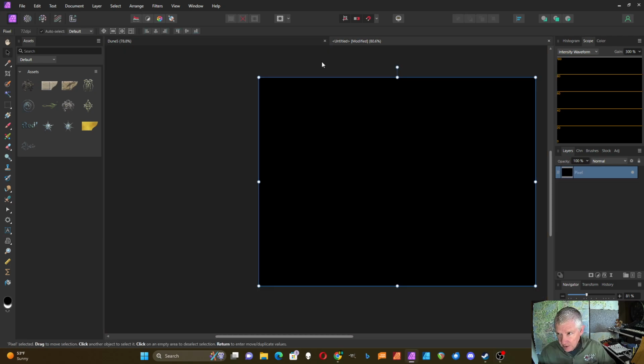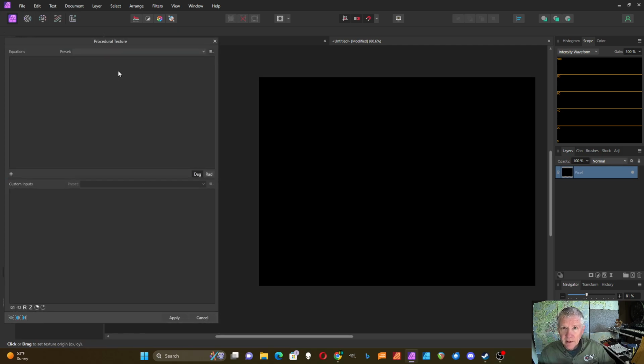I'm starting with a 1024 by 768 image. I filled it with black and it's selected. I'm going to go to the procedural texture filter. I select that. I'm going to start with a new equation. I'll just set all these to RG and B turned on, and the equation I'm going to do is,